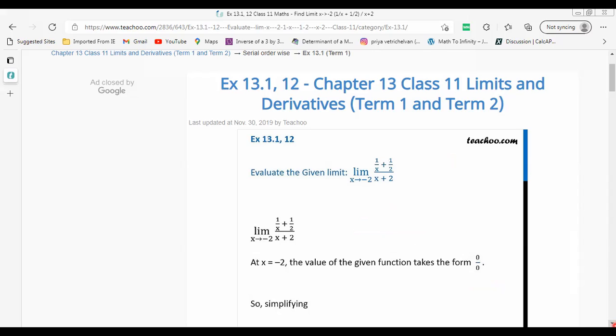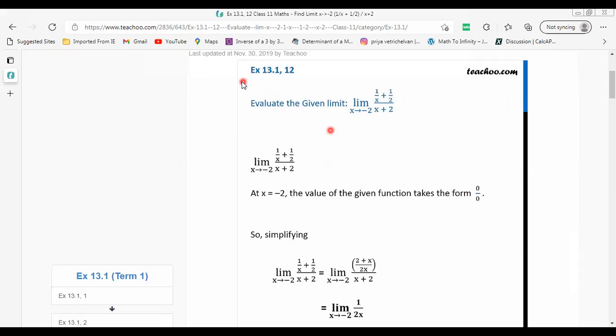So we are going to simplify this. How can we simplify this? The very simple thing is, here you do have two different denominators. Whenever you have two different denominators, you have to go for the LCM process, the least common multiple. So in the LCM, for 1 by x plus 1 by 2, we have to multiply both the denominators and do the cross multiplication between these, and you have to specify it in the numerator.